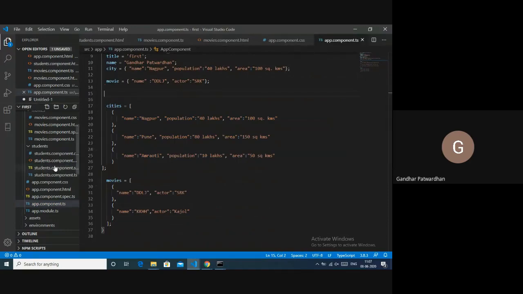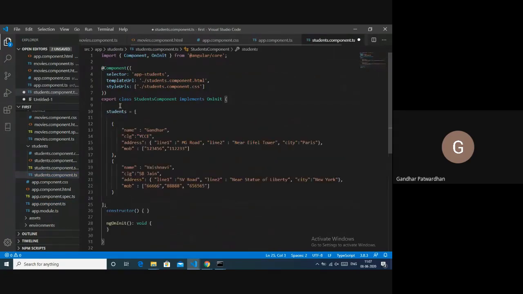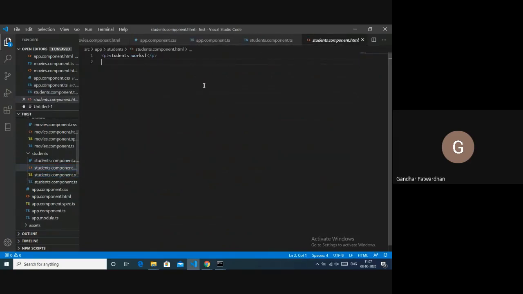Now what I'll do is, I'll remove the students from here, and I will go to student.component.ts, and inside that I'll just create this data member called students. And in my HTML file, I'll remove this and I'll use a div.